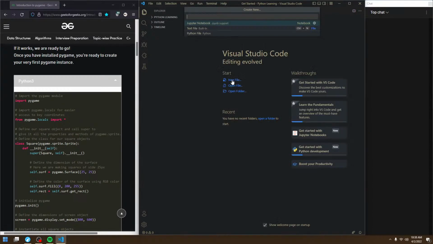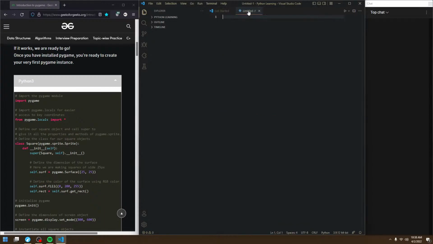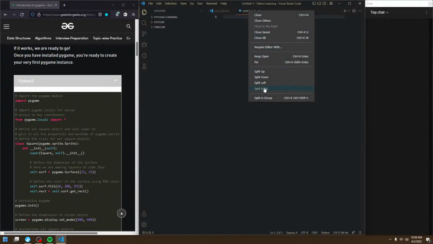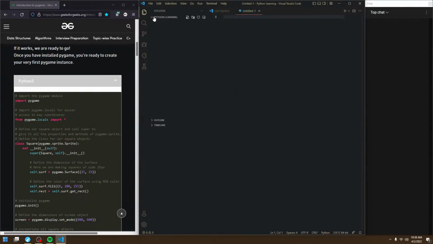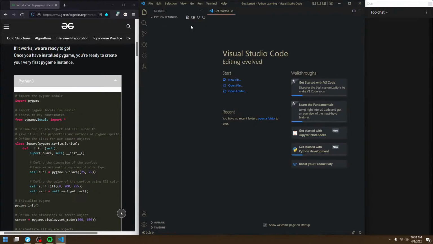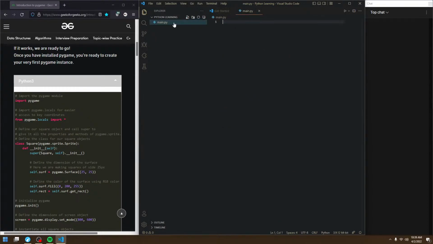Wait, new file, Python file, and I want to rename this. Or not. Wait. New file that I can name main.py. Alright, there we go. I'm not really used to Visual Studio Code. I never really used it before, but